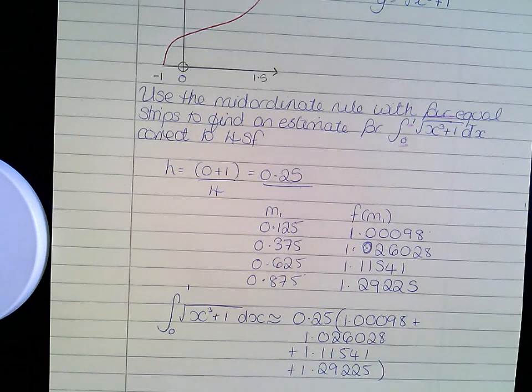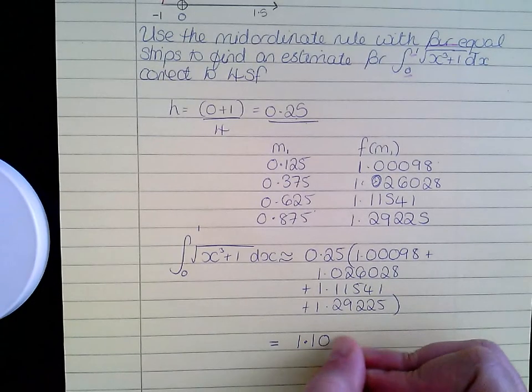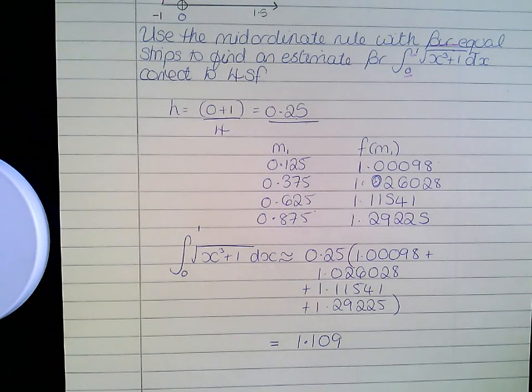Which will come out as 1.1, just off the bottom of the page again, 1.109. This method is quite straightforward and it's definitely worth